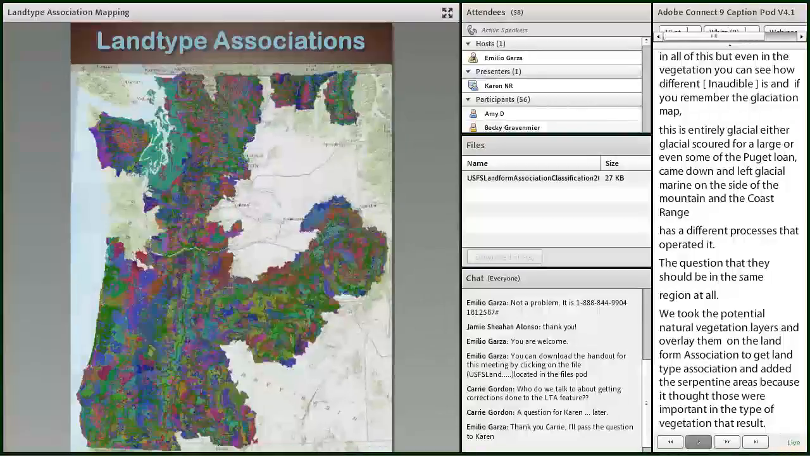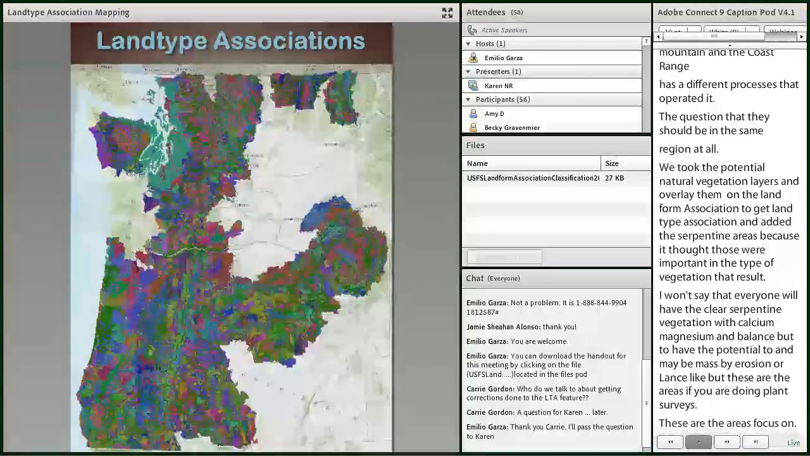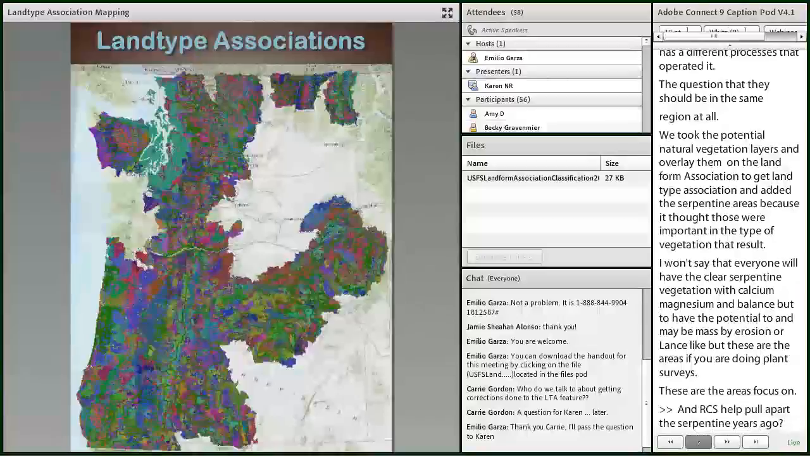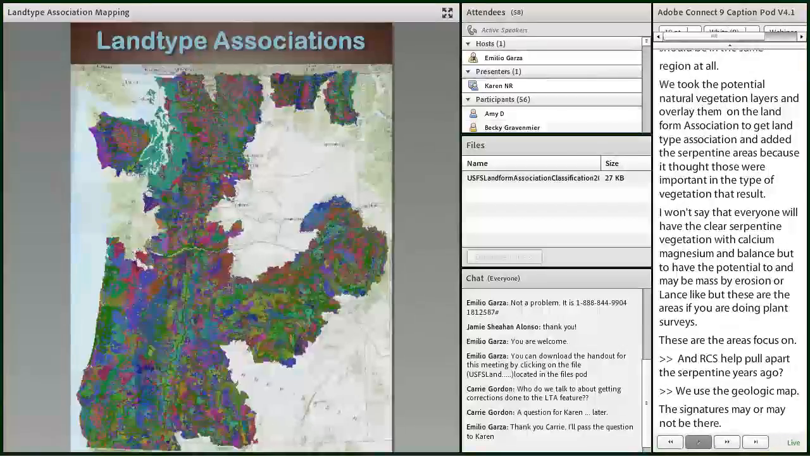And so then we would... NRCS helped pull apart that serpentine distinction, because I remember a couple of years ago that was a difficult one to get a handle on. So we use the geologic map. That's why I say the signatures may or may not be there because of mixing, but it's a clue. So I tagged them on, so it'll be like a smooth crested mountain serpentine, Port Orford cedar,